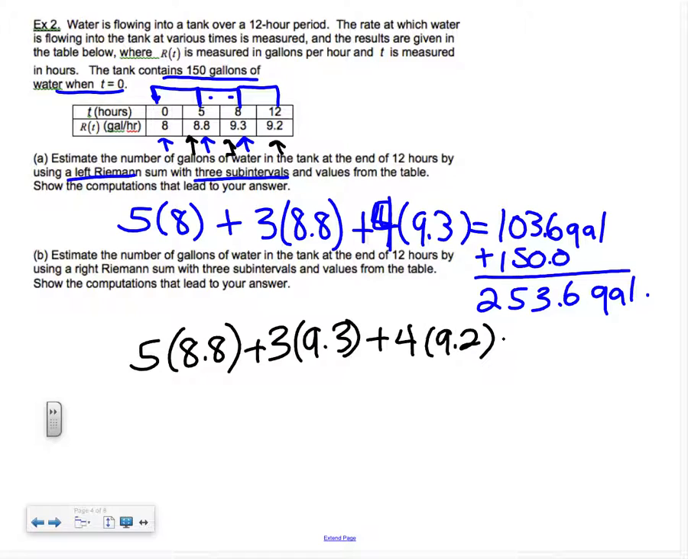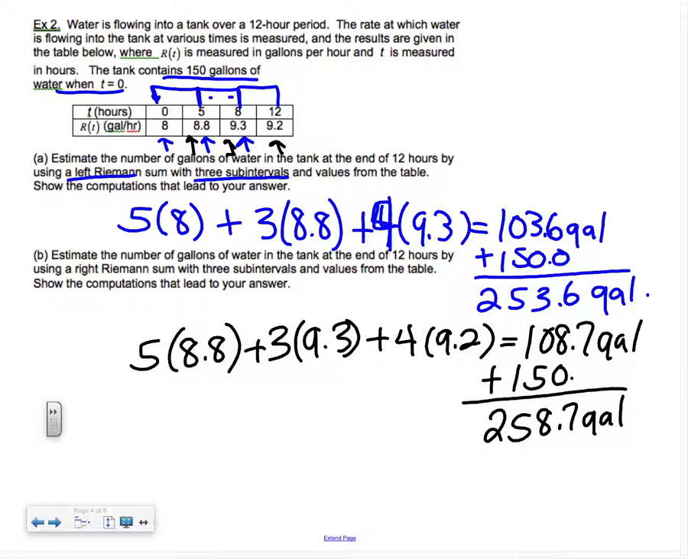All right, again, I can plug that in my calculator. And I get 108.7 gallons. Now that is not what's in the tank, that's an estimate of how much it went up. So I'm going to add to this again what I started with. So I get 258.7